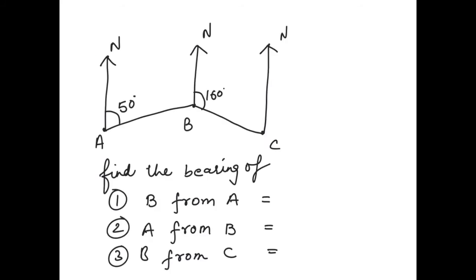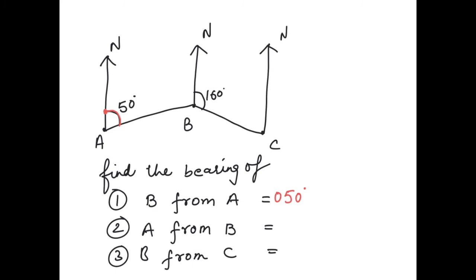I hope bearing is easier for you now. So let's do one more question. In this, we have 3 points, A, B, C, and a few angles are given. Now, you need to find the bearing of B from A, A from B, and B from C. So for that, we need to apply our previous knowledge. So let's do first part. B from A. So we need to start from north line from the A point. So you start from here until you go to the line traveling to B. First question is only 50, but it's two figures, so you need to add 0 also. The first part is done.